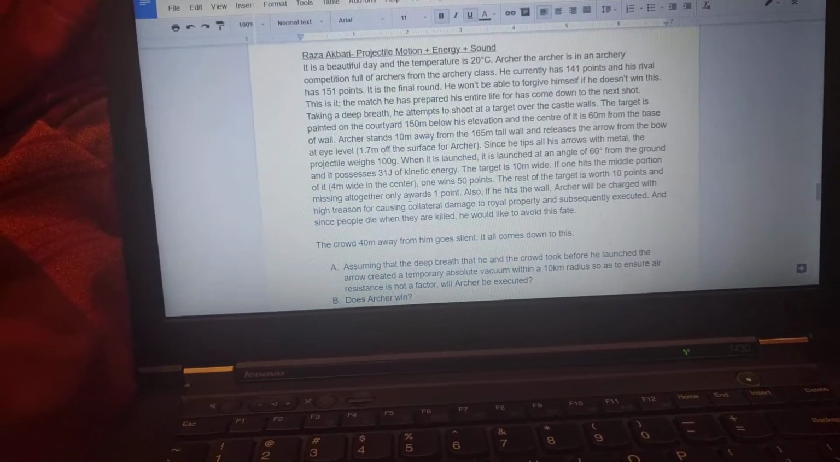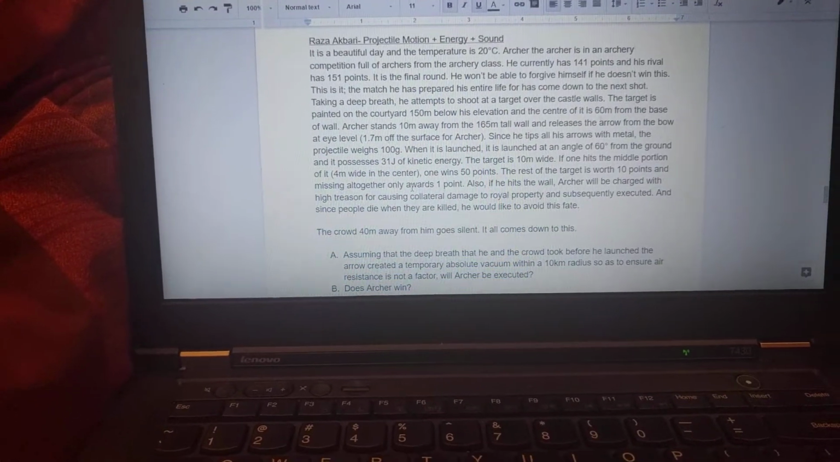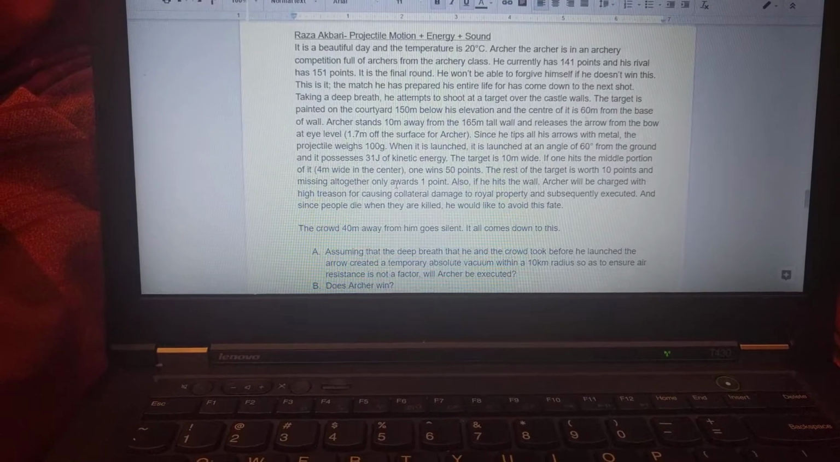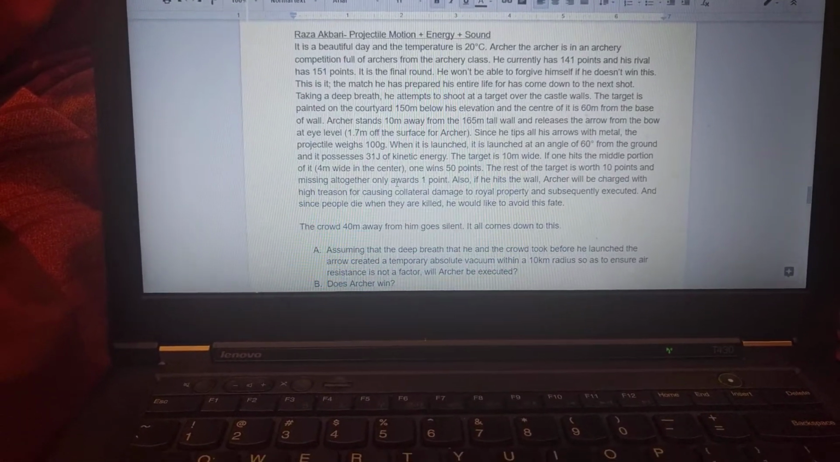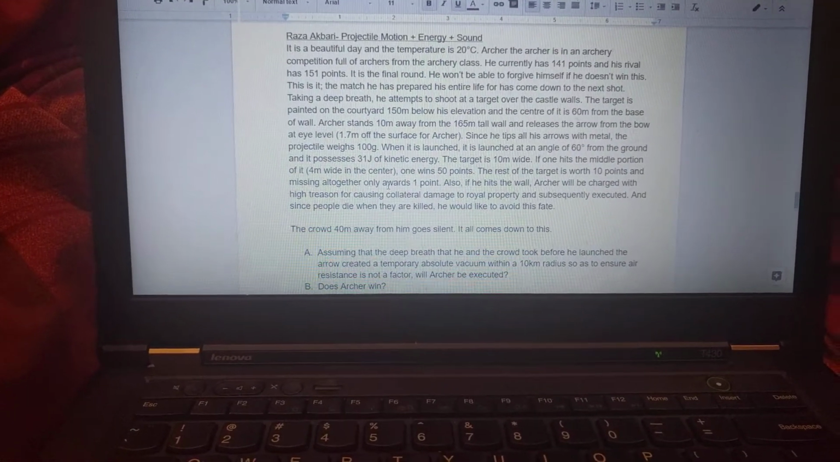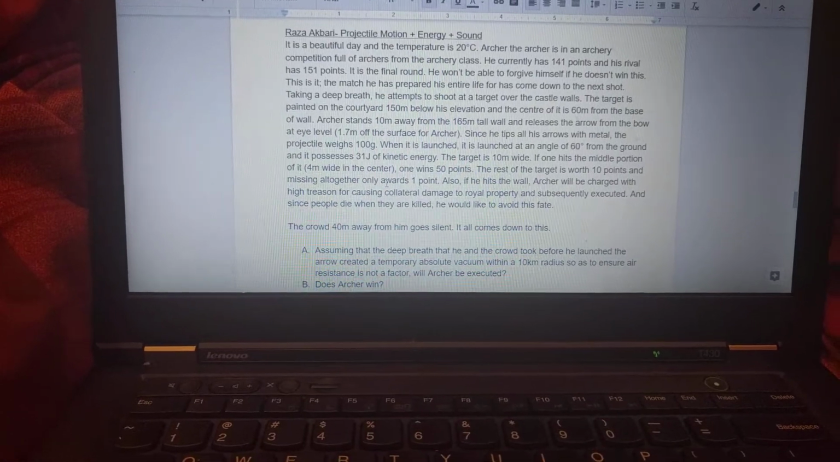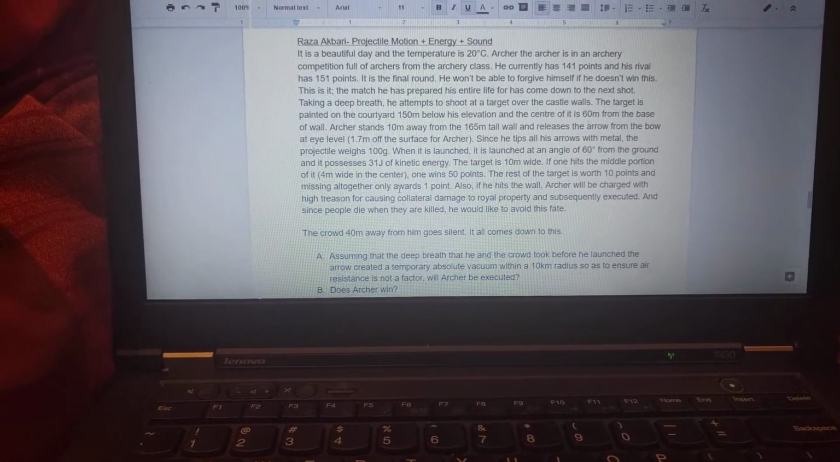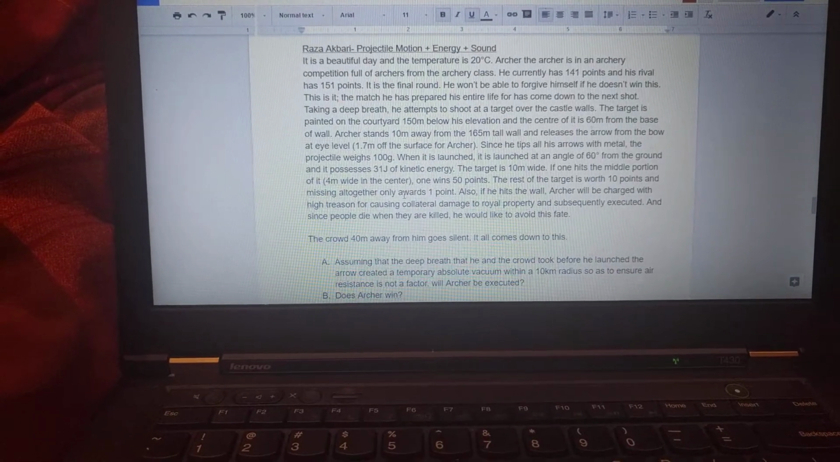who's trying to hit a target on the ground that is 150 meters below him, and he has to shoot over a wall. And you have to find out which part of the target he hits, or if he even hits it at all. And using that information, you have to find out if he in the end wins the